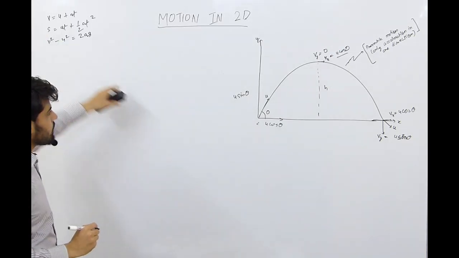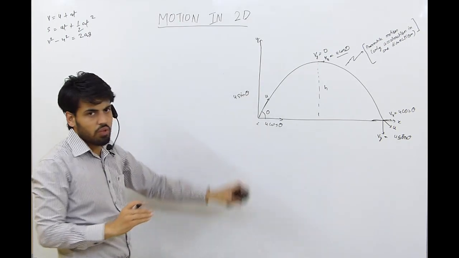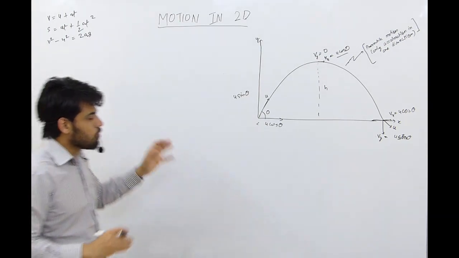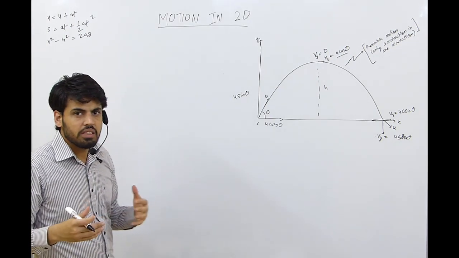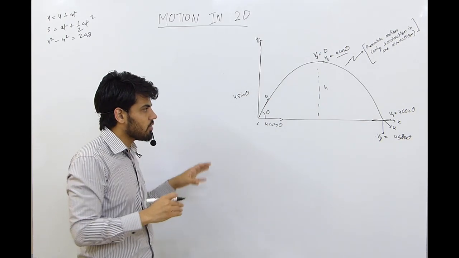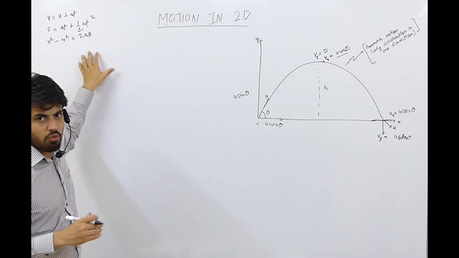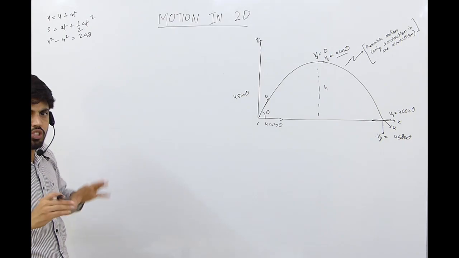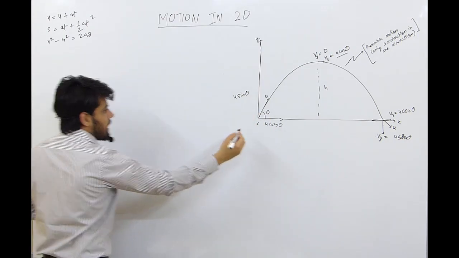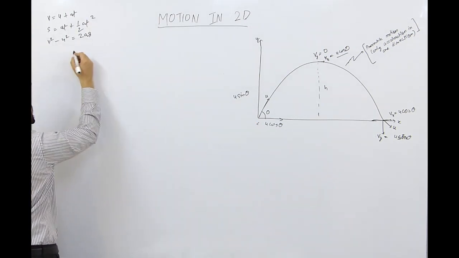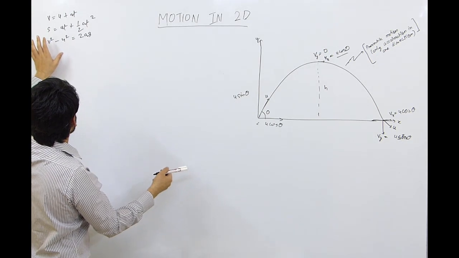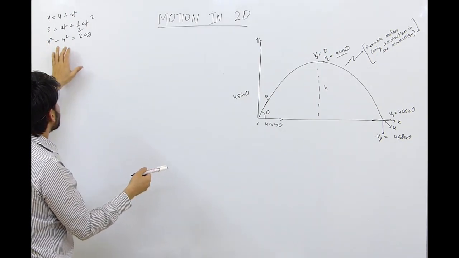Using these equations only, whether it is 1D or 2D, each and every question can be solved. So you don't have to memorize every formula. Here in this class we will discuss that everything can be resolved if you just have a basic knowledge of these 3 equations. So first take this initial motion. We have to find height, so we will use equation 3.